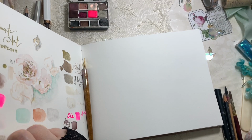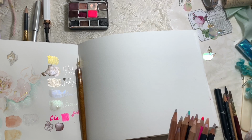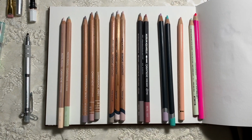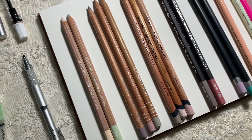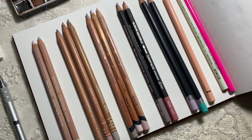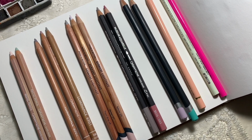So next we're going to talk about pencils, and I have really been loving pencils the last probably 2 or 3 years. My mum and my sister have always collected and loved pencils, and I didn't really get it until recently. So the first ones we're going to look at are the Caran d'Ache pastel pencils,